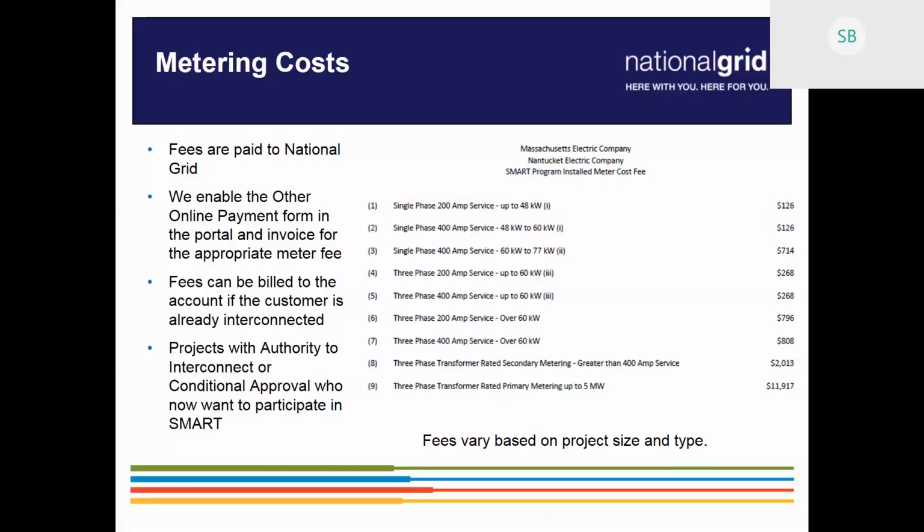So we're going to take a break from the in-person questions for a minute to address some of the online questions. The first online question we have is looking for some commentary on the influx of applications in the interconnection application process. Are those fluctuations in applications mostly related to the incentive programs or any other kind of trends that are going on? Are there better times if you're not trying to get into those incentive programs? Is it better to apply around them, before, after, and just in general?